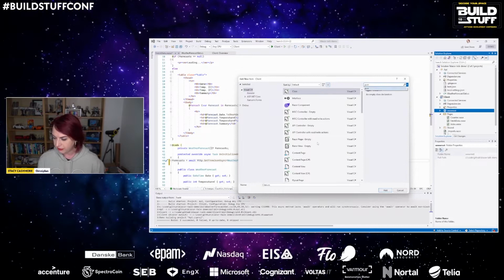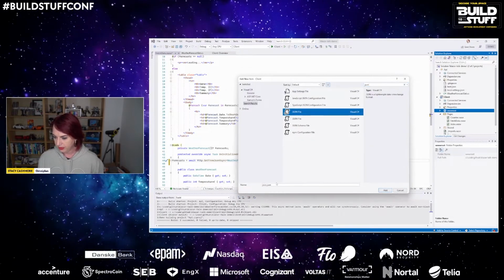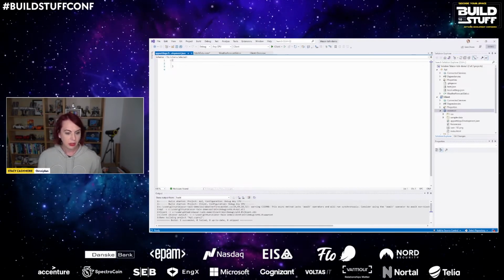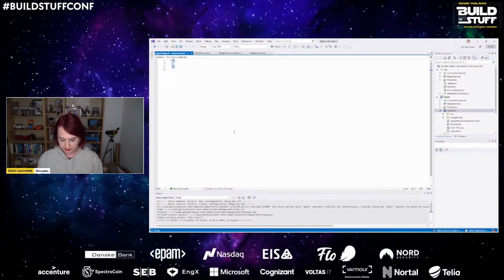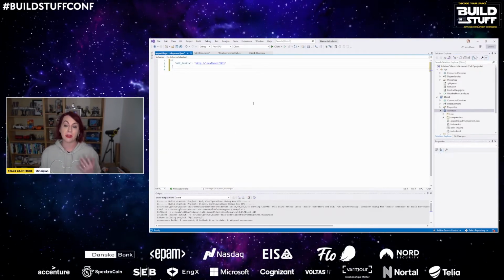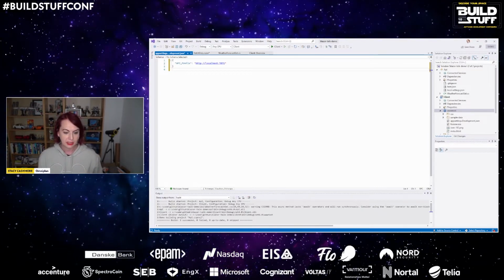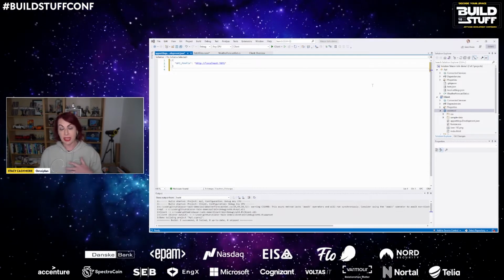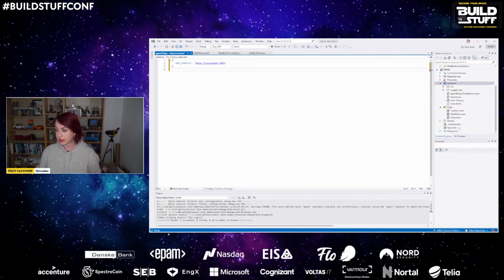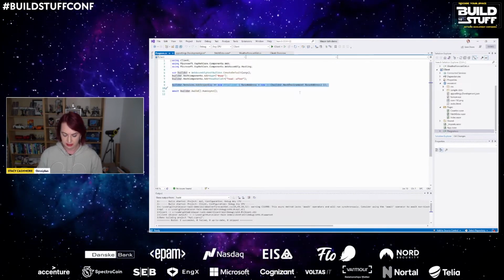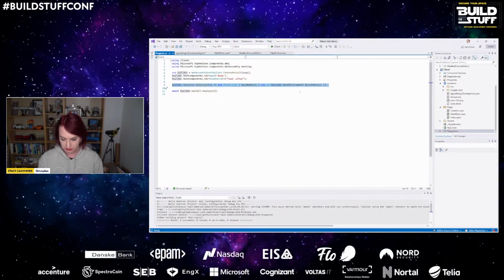We want a JSON file, and this is just going to have one property in it. And that's going to be our API location, localhost:7071, standard location for an Azure Function. Next, we need to make sure our application knows how to use this setting, and that we're going to change in this Program.cs on line 9.